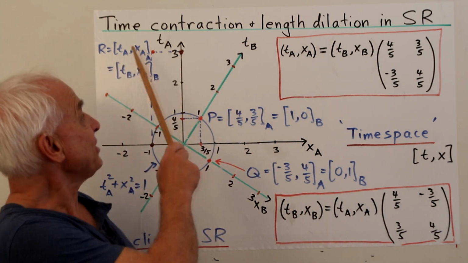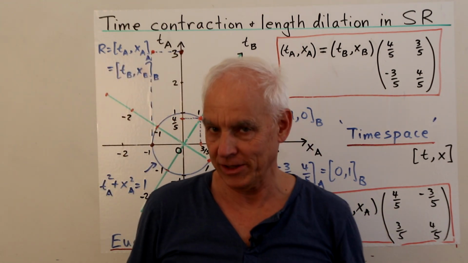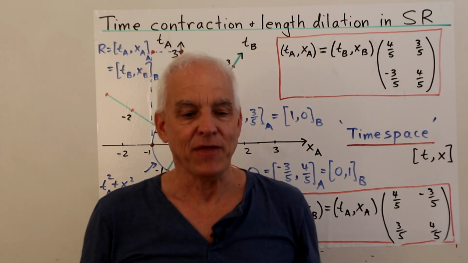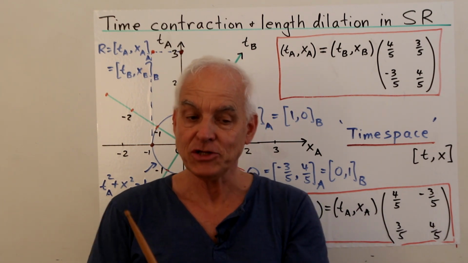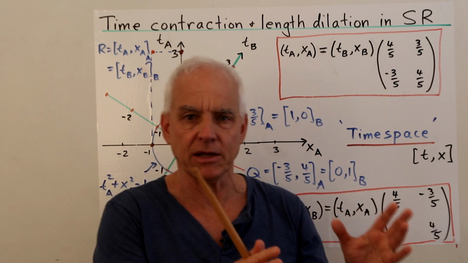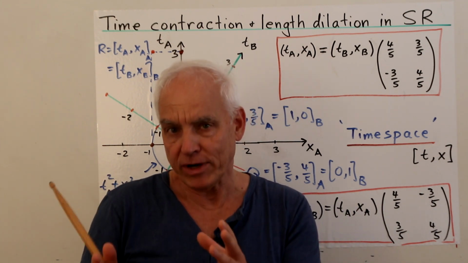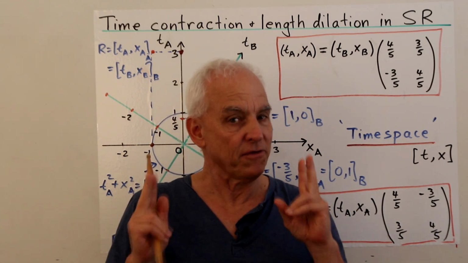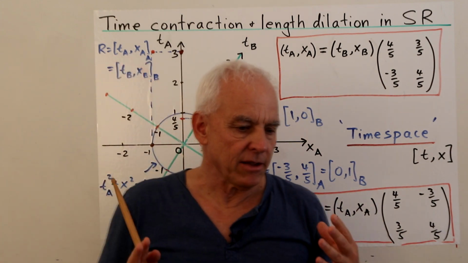We're going to talk about time contraction and length dilation in special relativity. But it's special relativity with a bit of a twist. This is a simplified Euclidean version of special relativity. So instead of looking at Lorentzian, or sometimes Einstein/Minkowski geometry, we're looking at a much more familiar, everyday, perhaps understandable version, which still retains a lot of the features of the subject, enough to understand this basic idea that the